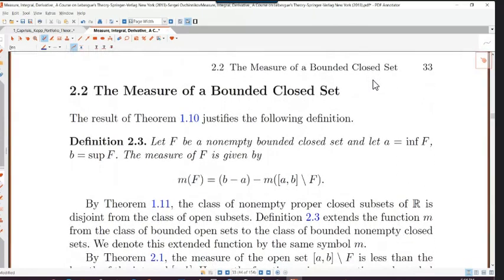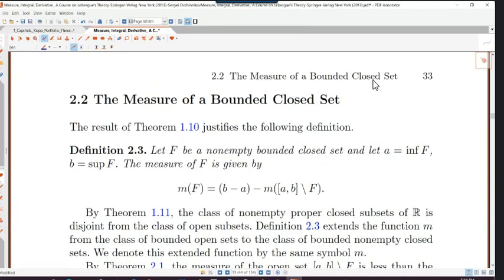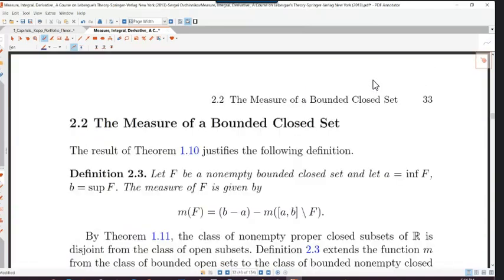Okay, now we have the measure of a bounded closed set. So far, we have defined the measure of a bounded open set. The measure of a bounded open set is the sum of the measures of its component intervals. Now, where F is a closed set,